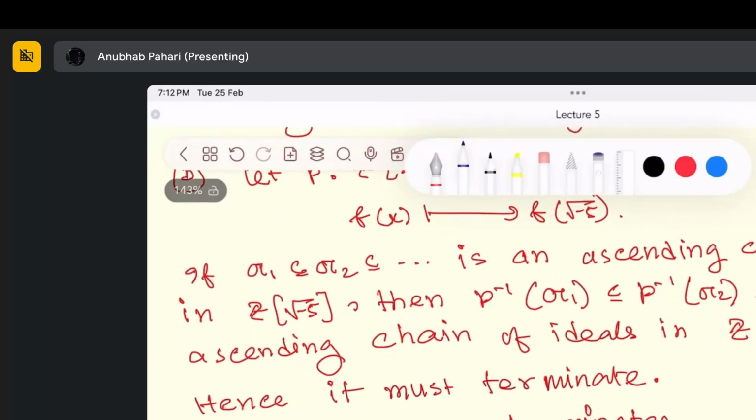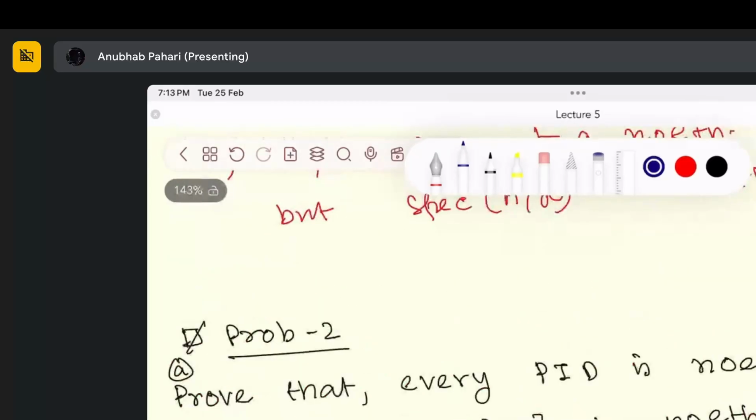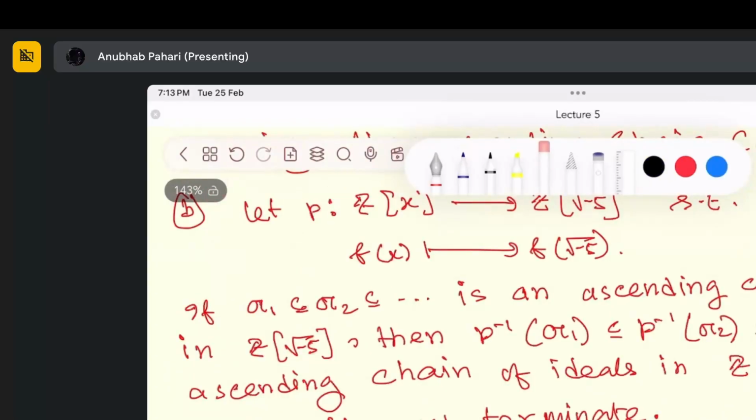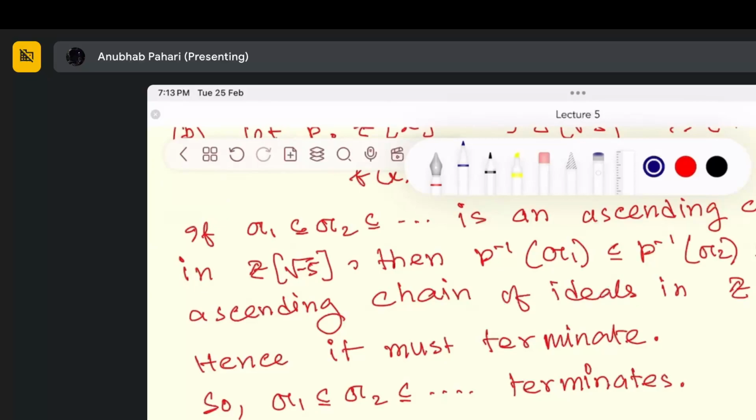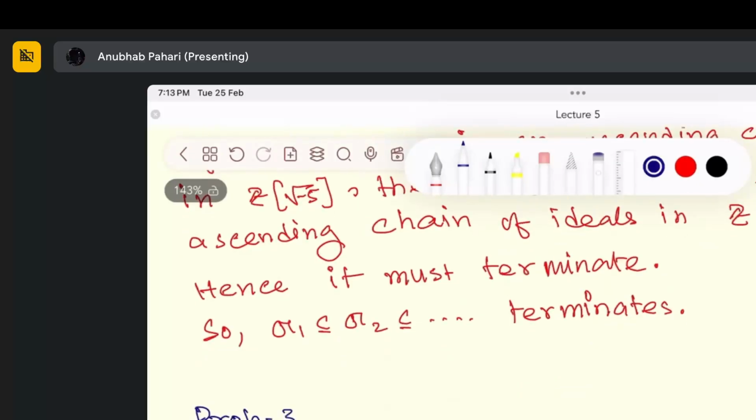So let's see. This should be problem 3. Let A be a Noetherian ring, B a finitely generated A algebra, G a finite group of A automorphisms of B, and B^G